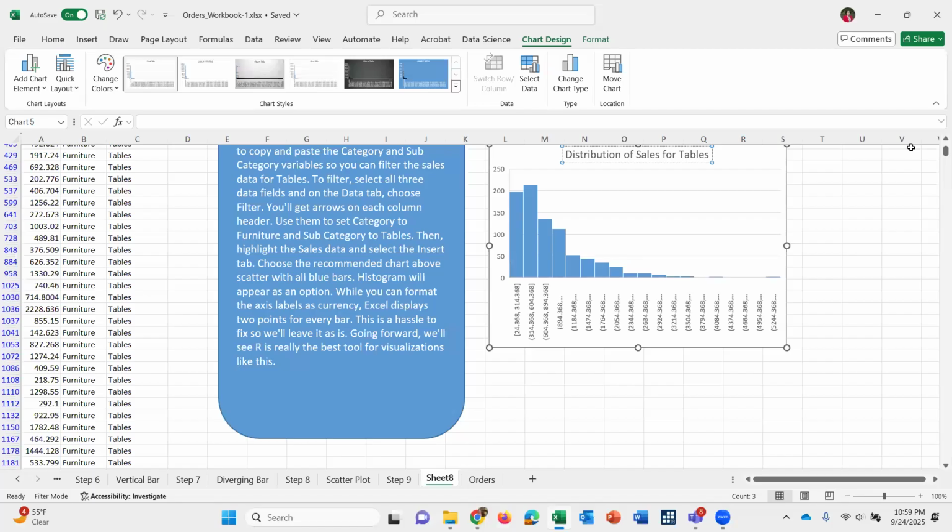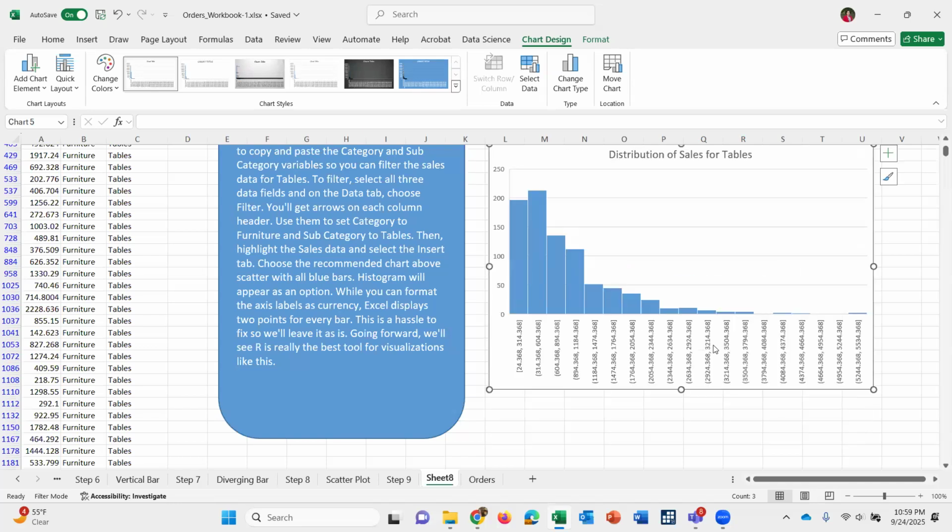You can definitely format these points or this axis over here with two different points. It shows the range of each of those bins that are used to create these bars for the histogram, but